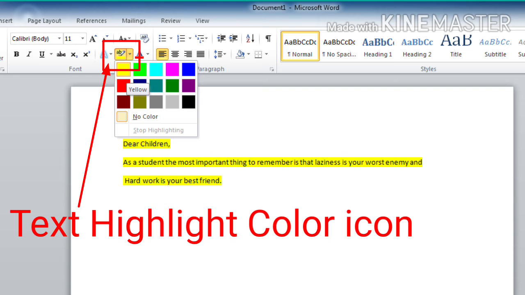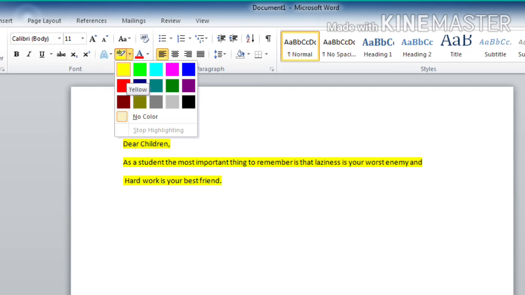When you click on it, a drop down will appear with many colors, and click on any desired color that you want to use. After selecting the color, yes, my text is highlighted with that selected color.